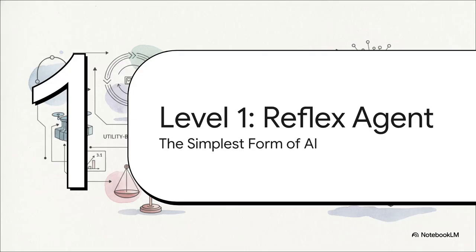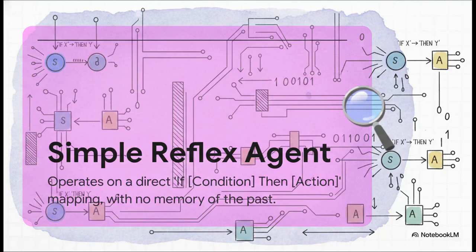All right, now that we have the blueprint, it's time to climb that first rung on our ladder of intelligence. Let's talk about the reflex agent. This is AI in its most basic, most raw form. But hey, don't let its simplicity fool you. It is incredibly powerful. The logic for a reflex agent is just beautifully simple. It all comes down to one single rule. If my sensor detects this condition, then my actuator does this action. That's it. There's no memory of what happened 5 seconds ago, and there's absolutely no planning for the future. It's pure, unfiltered reaction to the here and now.